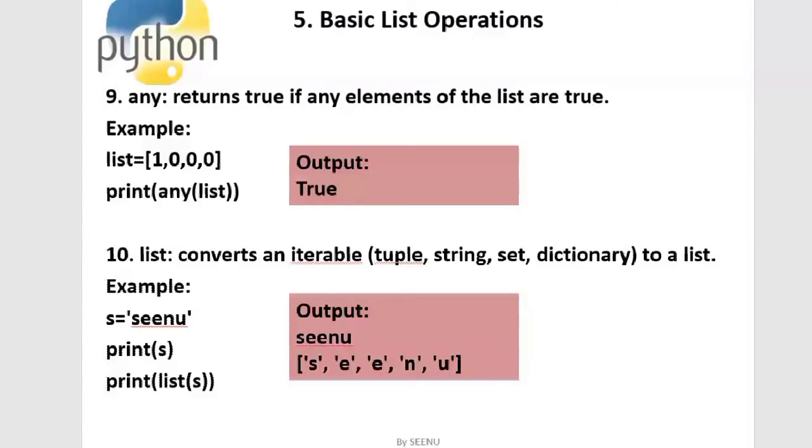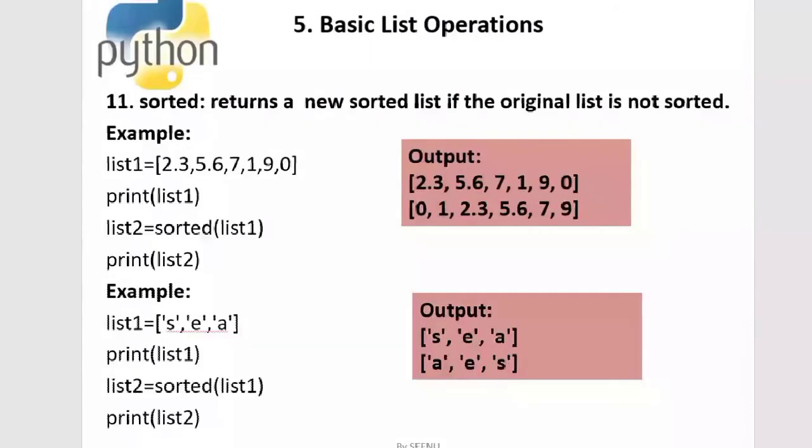Yeah, so this is another useful function, right? This function is sorted. So it returns a new sorted list if the original list is not sorted, obviously. So if we have an unsorted list and we apply the sorted function to it, it gives me what? A sorted list,